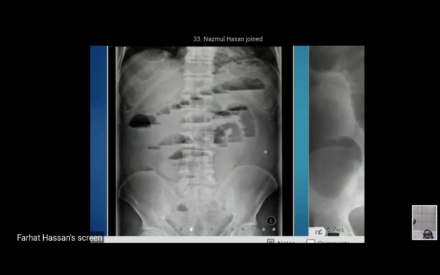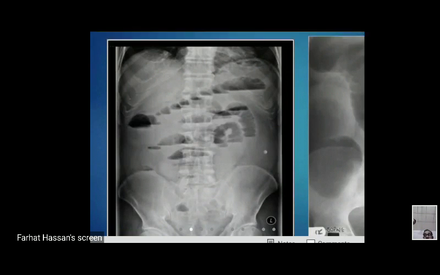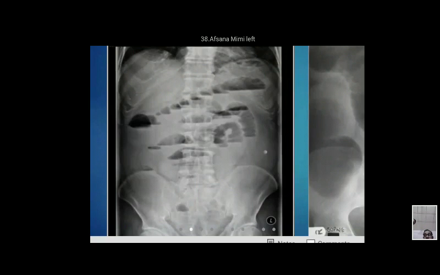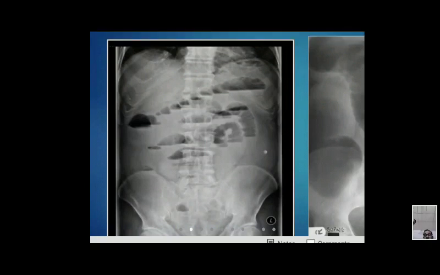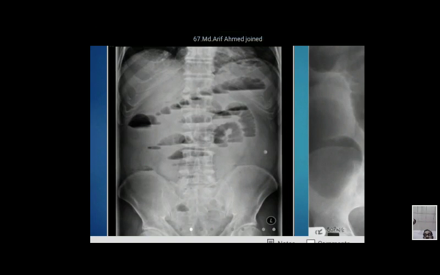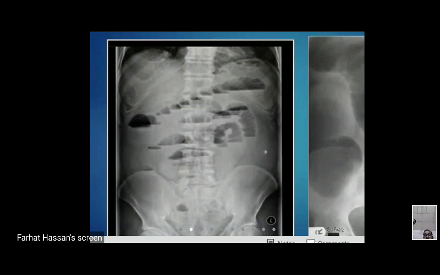Due to intestinal obstruction, there is impaired absorption of fluid, and there is reduced intake, and there is sequestration of the fluid into the bowel lumen, as well as transudation of the fluid into the peritoneal cavity. So all are predisposed to dehydration and electrolyte imbalance. So: reduced intake, impaired absorption, loss due to vomiting, sequestration into the bowel lumen, and transudation of fluid into the peritoneal cavity.